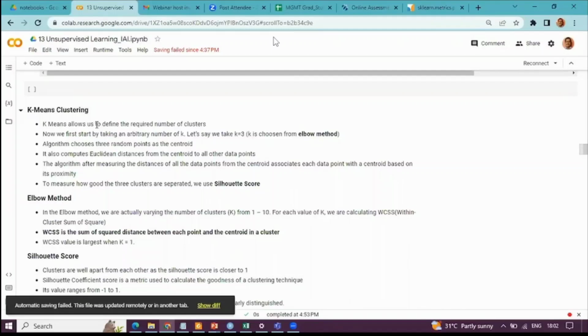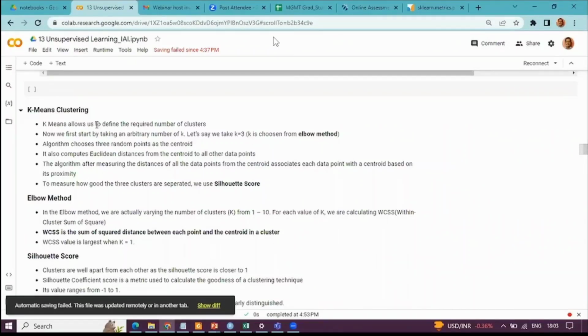So whatever the algorithm is, the k-means algorithm that we are working with, it will choose 3 random points as the centroids. We have discussed that. It will compute the Euclidean distances from the centroids to all the other data points. After measuring the distances of all the data points from the centroids, the algorithm associates each data point with a centroid based on its proximity. So observation number 1, observation number 2, observation number 167, they all are pushed to one cluster